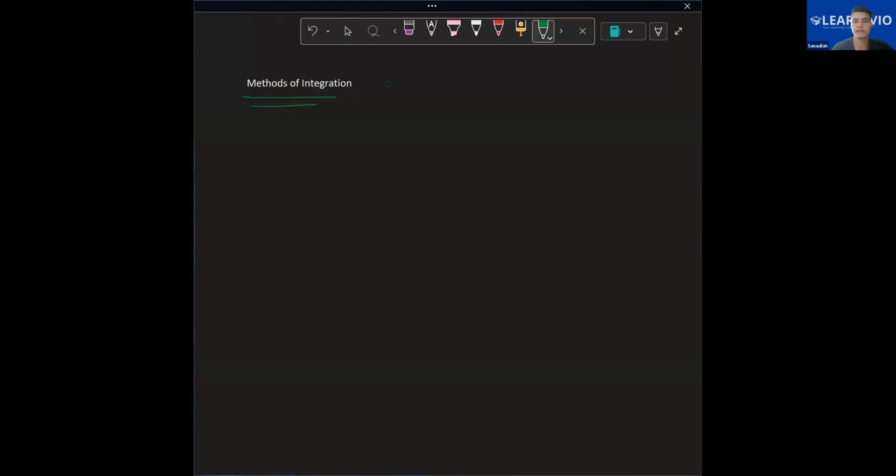We have three methods: integration by substitution, integration by partial fraction, and integration by parts. हमारे पास तीन मेथड होते हैं इंटीग्रेशन करने।